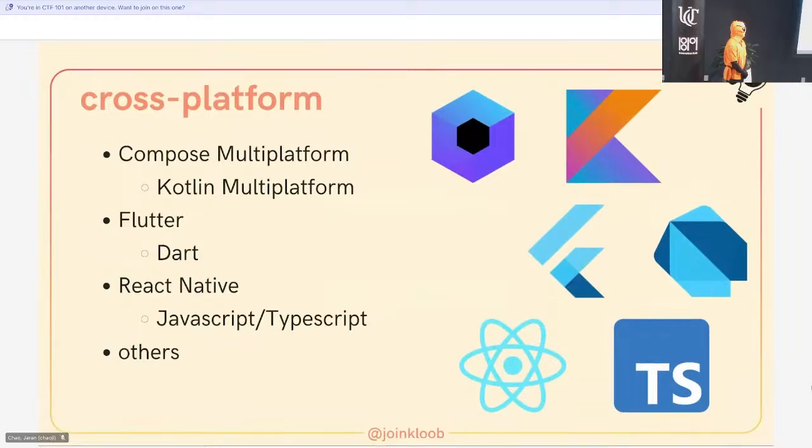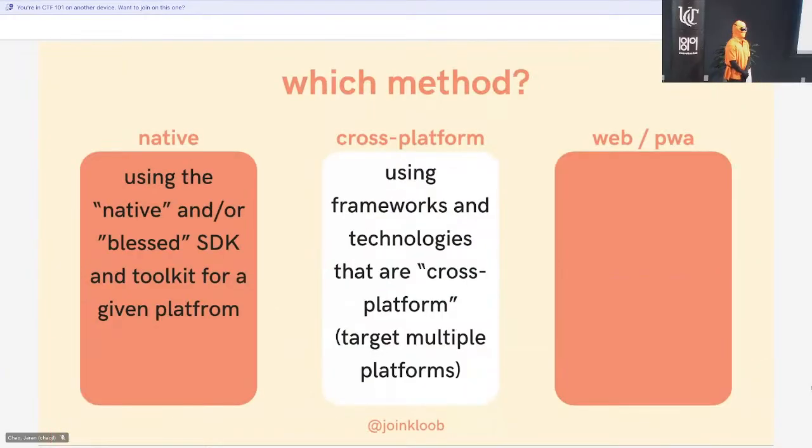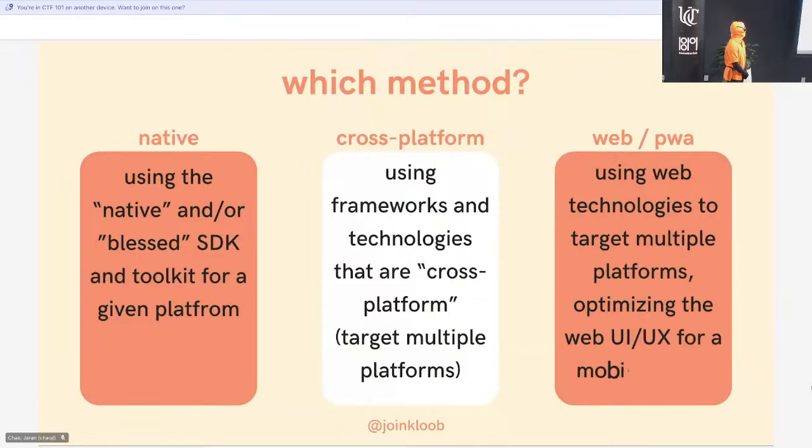And finally, the final method is web or a progressive web app. Web is such a big technology these days, why not just make a web app but optimize the UI and the UX to either be mobile specific or use stuff like Flexbox and actually handle mobile UIs or adaptive UIs. And you can optimize response time, accounting for mobile data and stuff like that as well. But